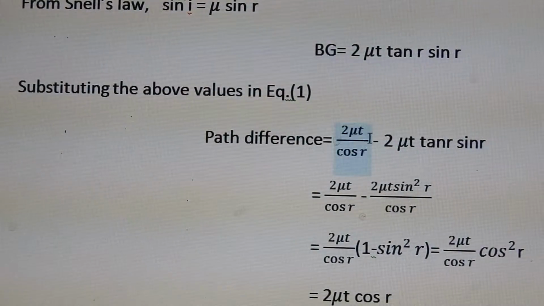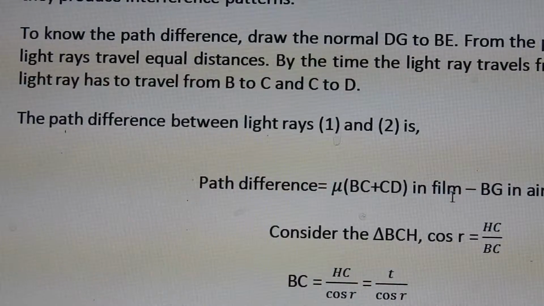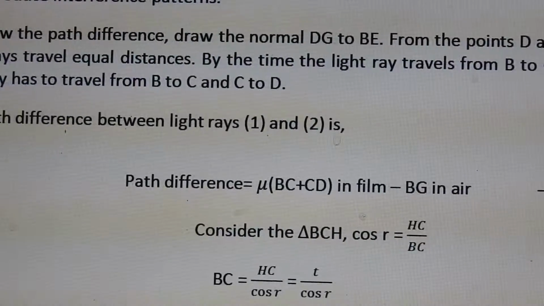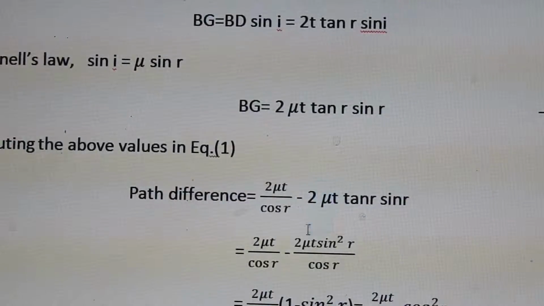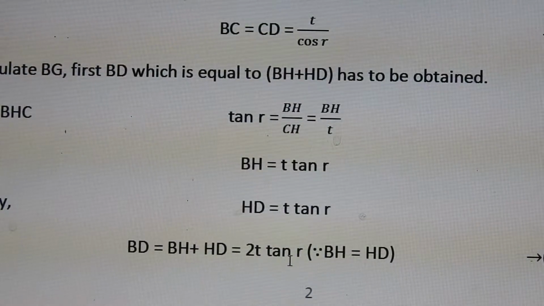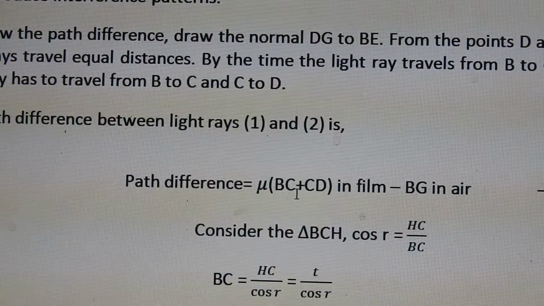Path difference is equal to, we have to calculate BG. The BG value, if you want to calculate it, is mu into BC plus CD, thin film, BG in air. So mu, already it is written here. BD is equal to, you can see, mu into BC plus CD,